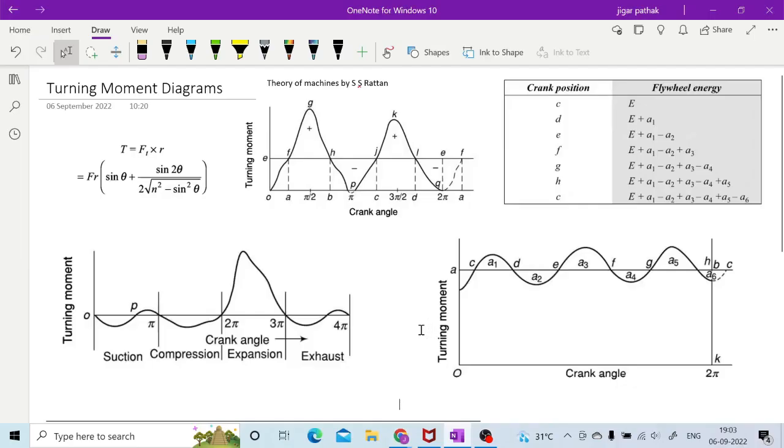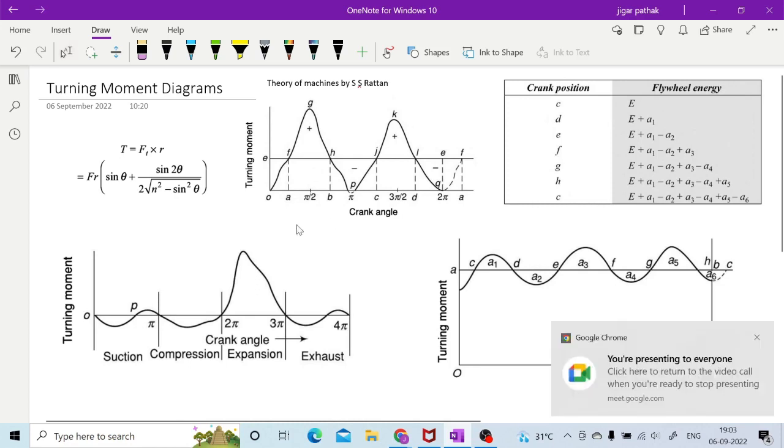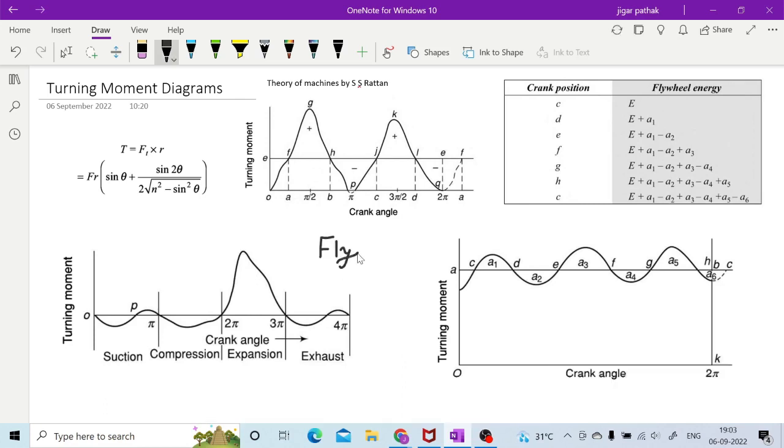So today we will discuss mainly about flywheel, right? But in order to have an idea about this flywheel, first you should know what is a turning moment diagram, because flywheel is a component which